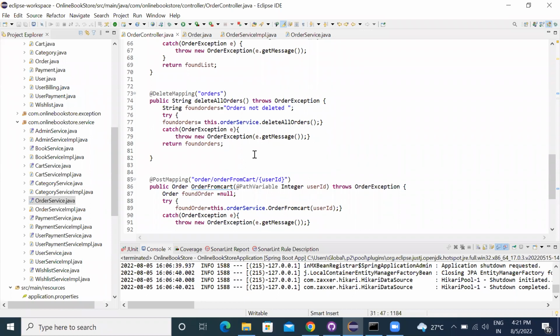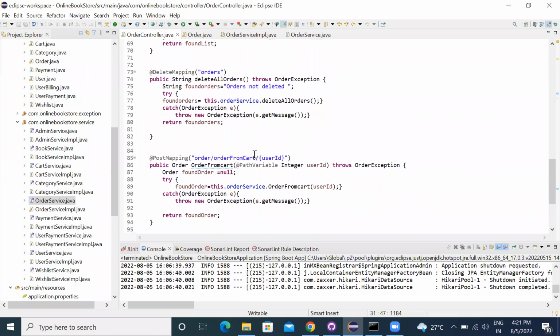What do you mean by that, Faisal? Yes, sir. See, sir, the customer will always add to the cart and then order it, no? No, sir. Basically, in the real scenario also, we have two scenarios. Like in Amazon-like apps, a customer can order directly by going to the product and ordering that product. And there is also a scenario that he or she adds that item to the cart, and after that orders that item, sir. Directly you can make a payment and directly buy. That's what you want to say? Yes, sir. Okay, that's a good thing.